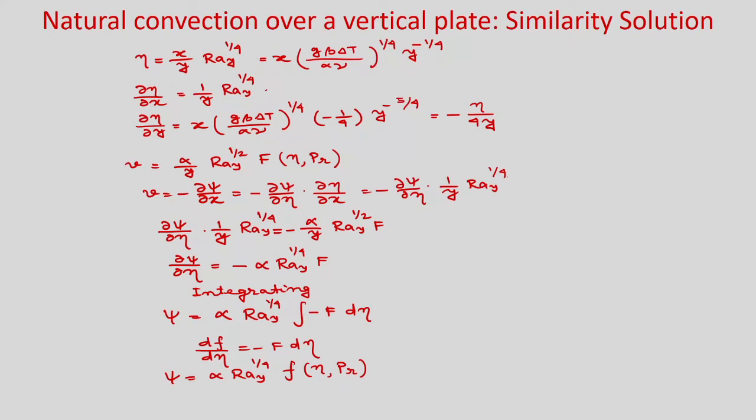So, you will be able to calculate the velocity u, right. Here, let us write del eta by del x, whatever we have found, that is your Rayleigh number to the power 1 by 4 divided by y, and del eta by del y is minus eta by 4y, and we have used f also as minus df by d eta. Okay. And the von Mises transformation, again we will use it. So, let us write this von Mises transformation.